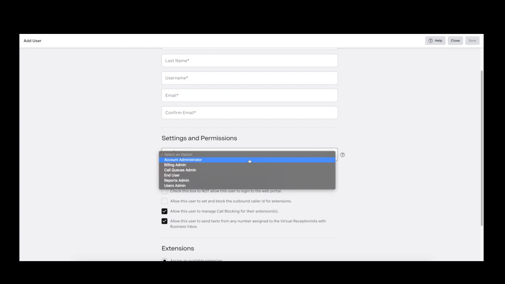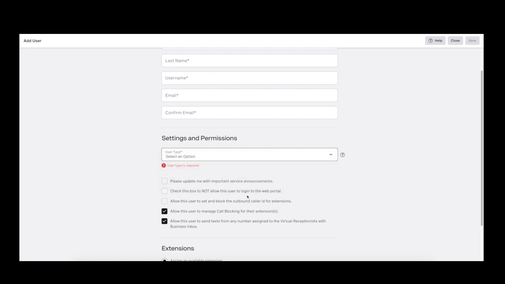You, by default, have one super user account, which can create as many of the sub-accounts as they want. Your account administrators can create as many sub-accounts as they want. However, their only administrative limitation is that they cannot see or modify other administrators. The other administrative levels are for their subcategories, such as billing. They are all standard users with elevated privileges for their specific task, like billing, call queues, reporting, or user admins.